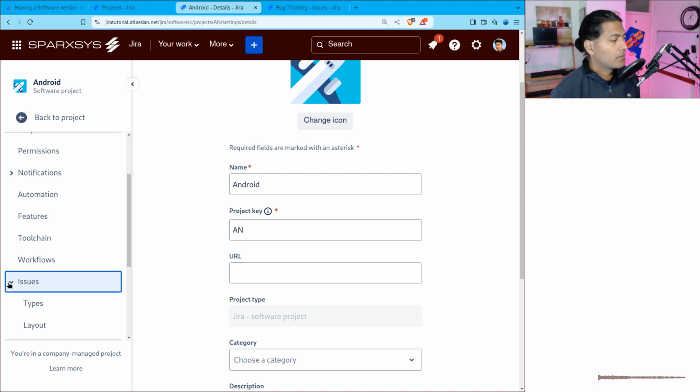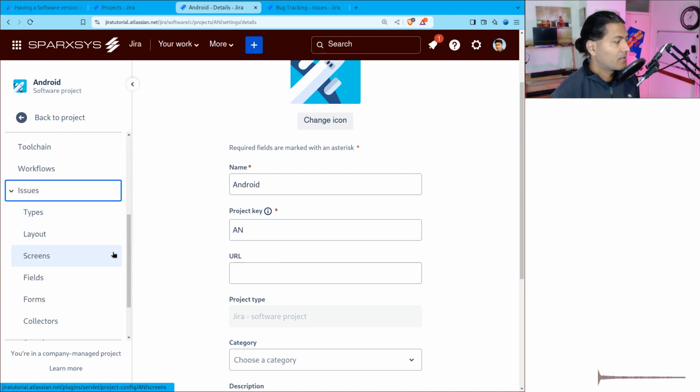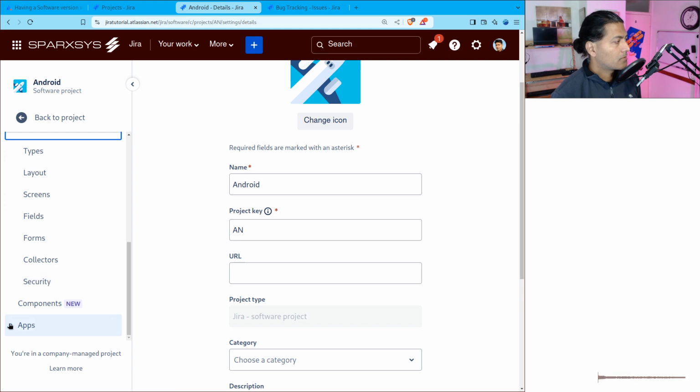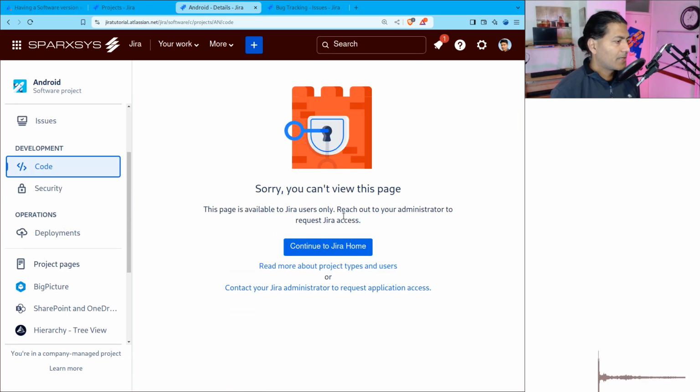I can then go to, I think I need to, why can't I find the versions here? So come on, project settings, and where are my versions? I'm looking for my versions. Okay. Maybe I need to enable something. No? Right, okay. Maybe because I don't really have the rights on this Jira instance, but let me open another